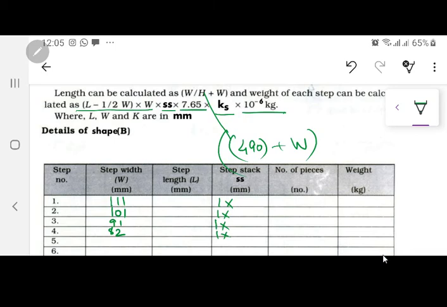Finding the total weight, let me give you an idea. We just found out the weight for shape A. This is weight B and then there is weight C. All of these three tables, with all the data given to you, the core weight given to you, you have to find the total weight of the core. All this process has to be done in at least 25 minutes in the exam.